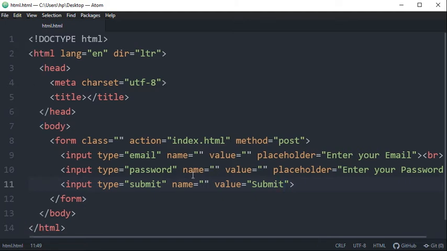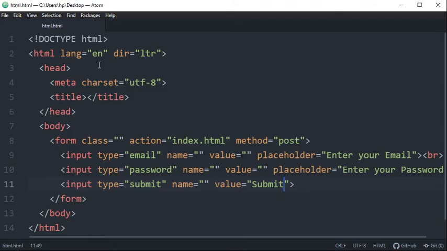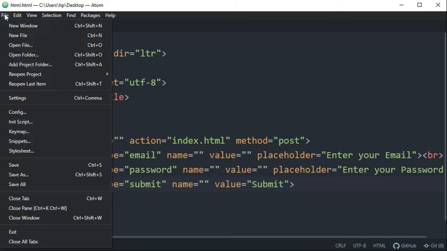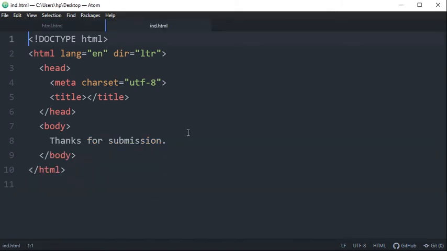Now, whenever the user enters his email and password and clicks on the submit button, it should display a message, thanks for your submission. How am I going to do that? I already have another HTML file, which is ind.html.